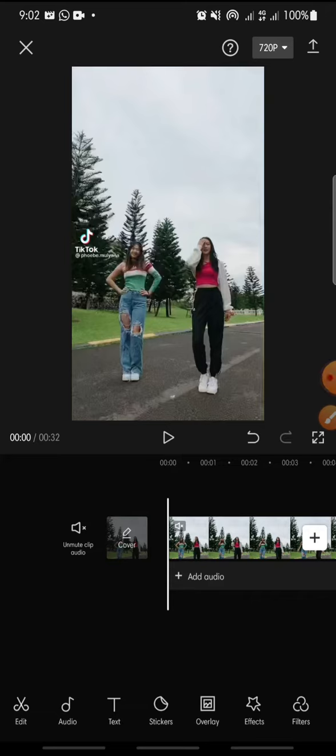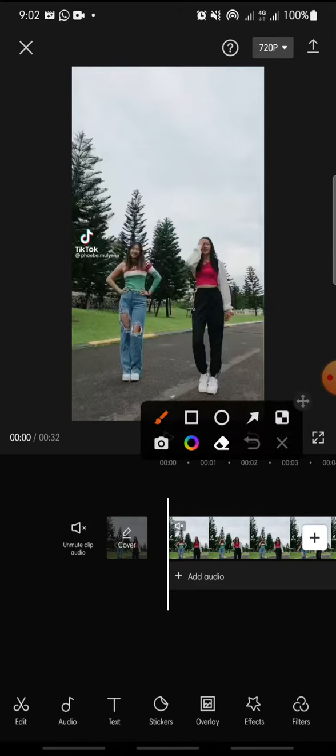In this video, I'm going to show you how to make rainbow text on CapCut apps. Let's get started. First, open your CapCut, click new project, add the video that you want to edit, and then